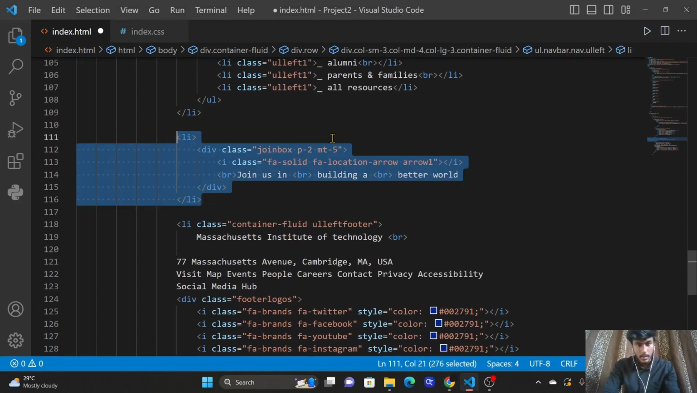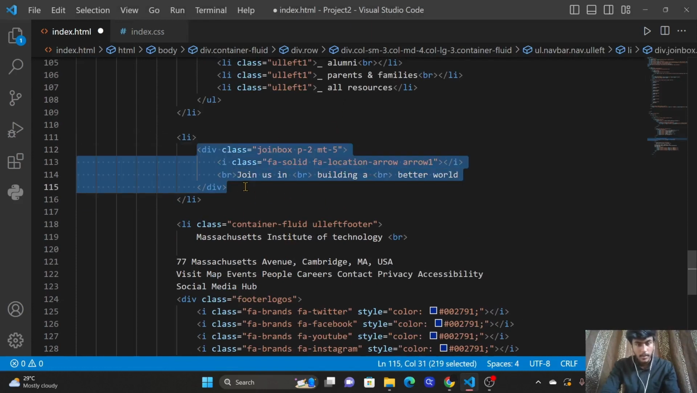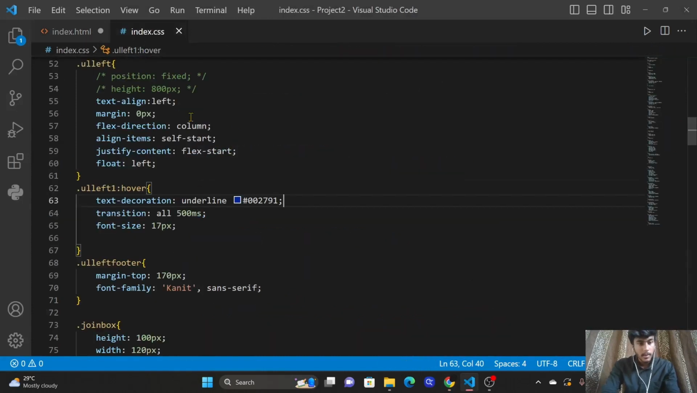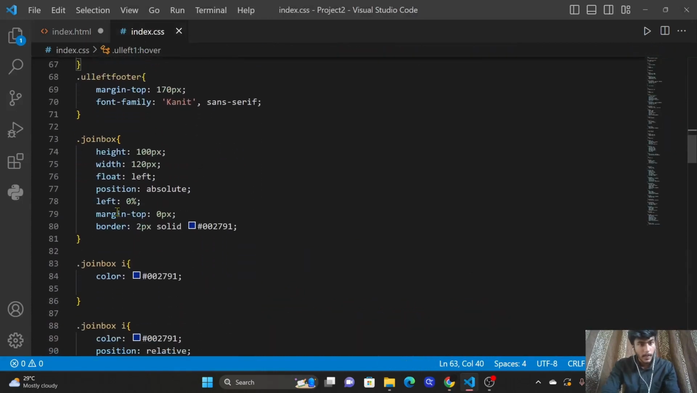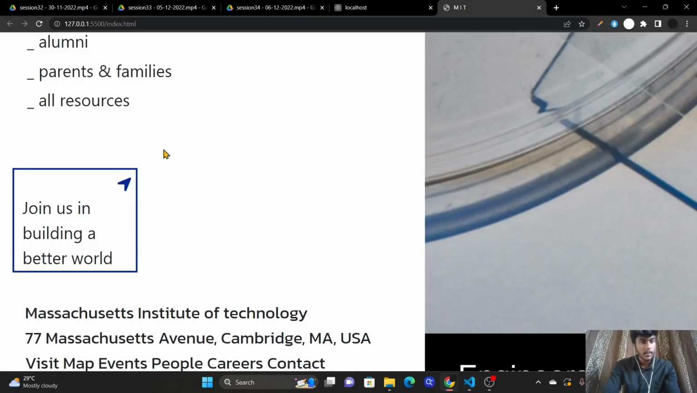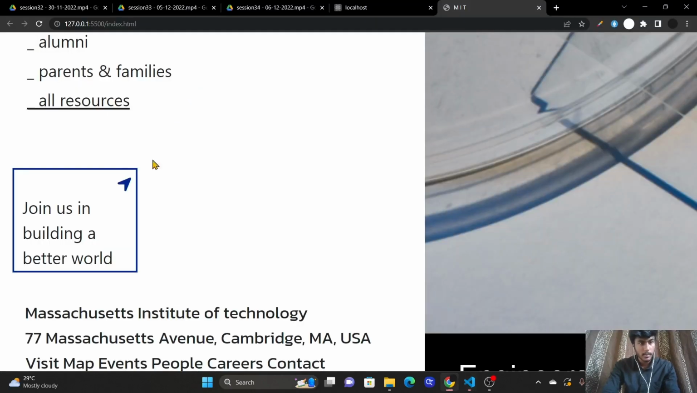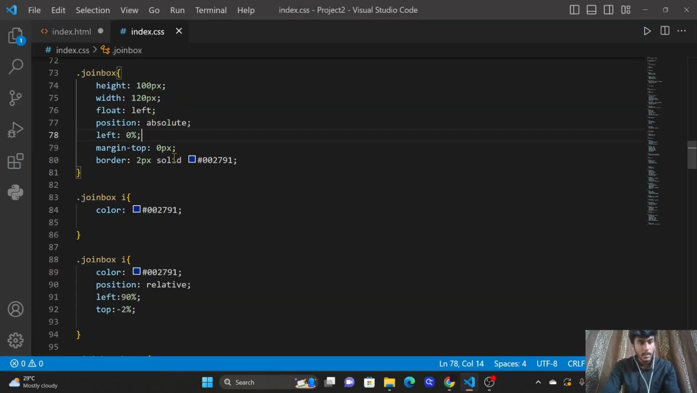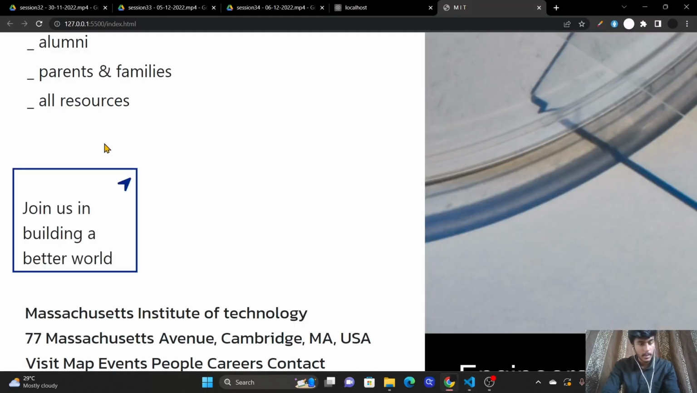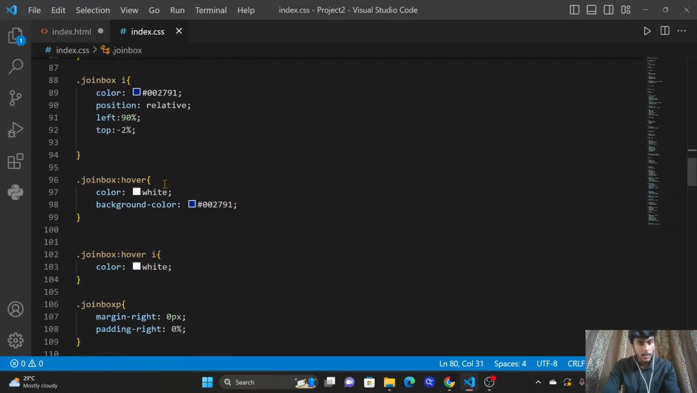We used a list element and placed a div element in it. We provided border for it, and we also used some hovering effects. So here you can see this is the code for this block, and here the height is 100 pixels, width is 120, and we applied border here so that it gets the blue border around. And coming to hover effects,